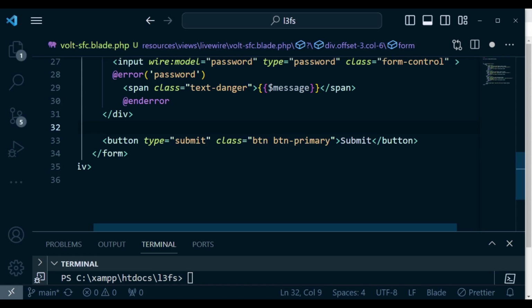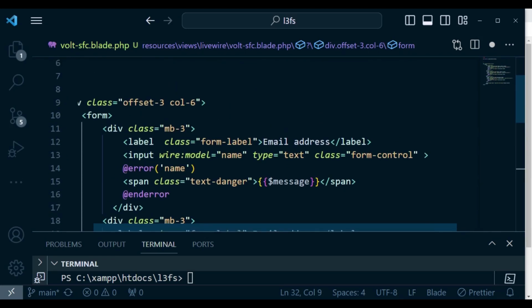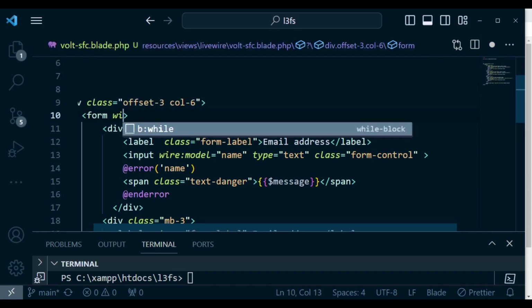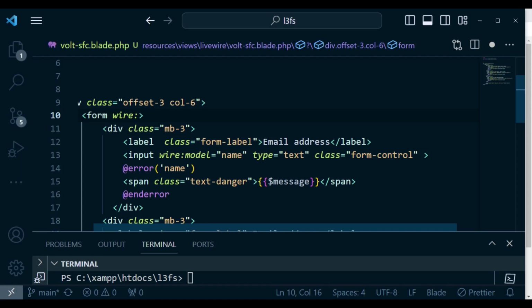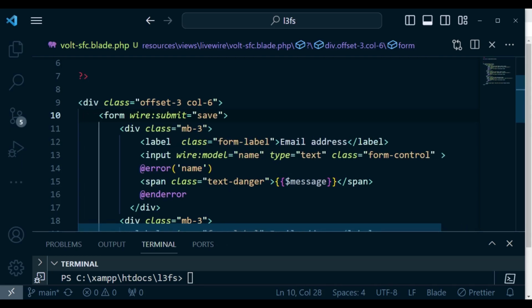Then of course the button is submit, and we are submitting our form to a method called save. So here I'm going to have wire:submit, and then we are going to have save like that. As you can see, whatever it is that we are having in our blade file is totally the same as